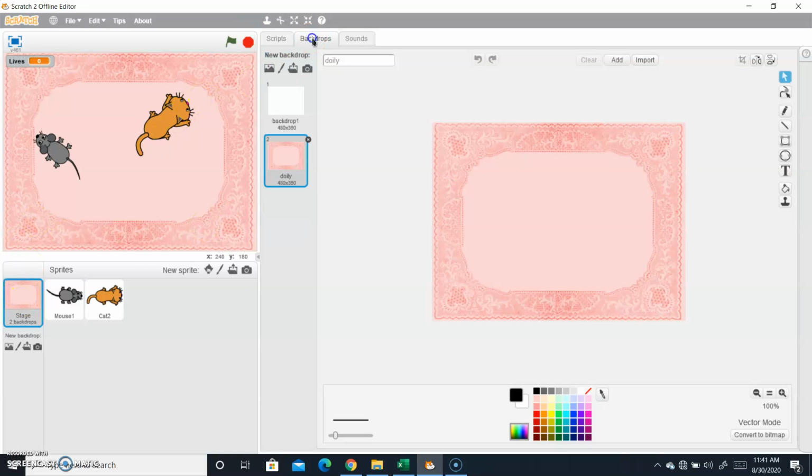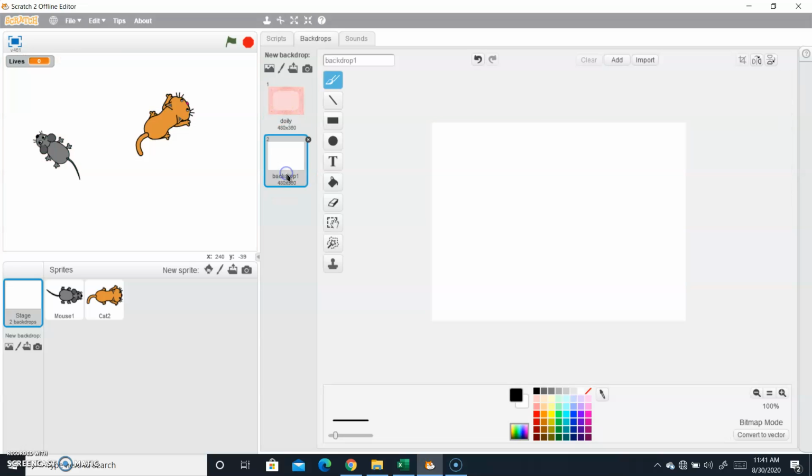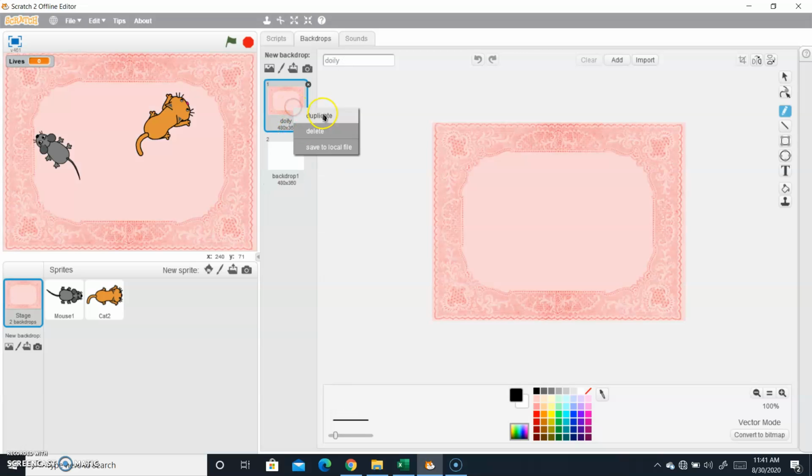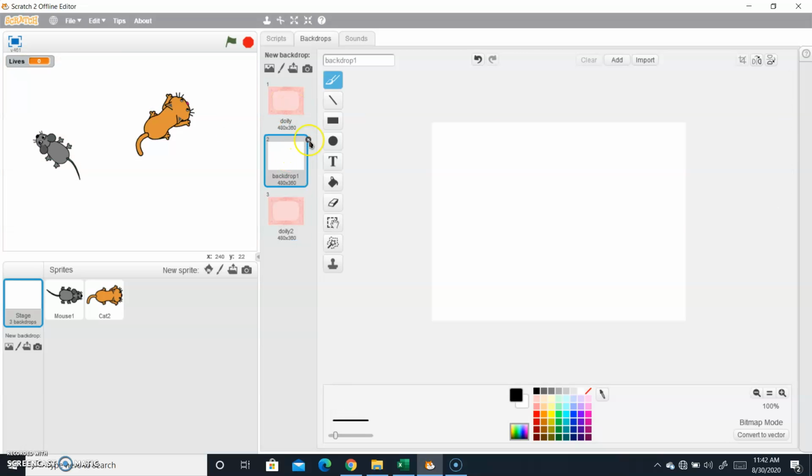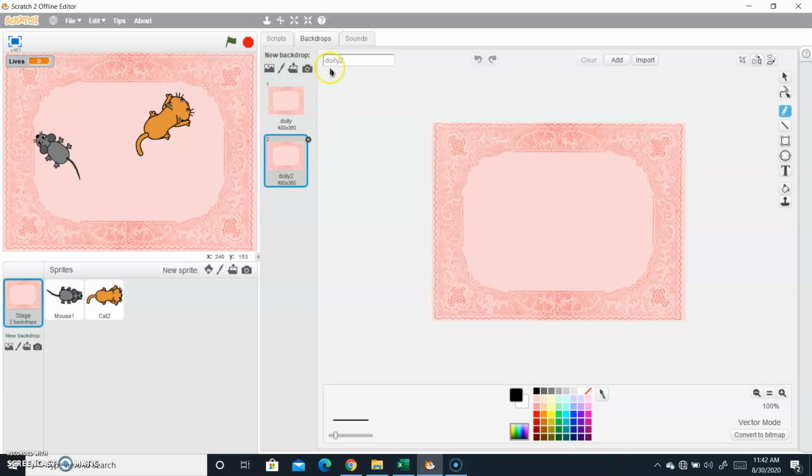And now we want the backdrop. Let me drag it over here. This backdrop should be the game over backdrop. Let me take the text tool and make this. You can duplicate this, and let me delete this, and in the text tool you can add the text game over.